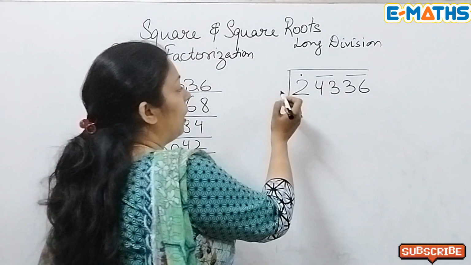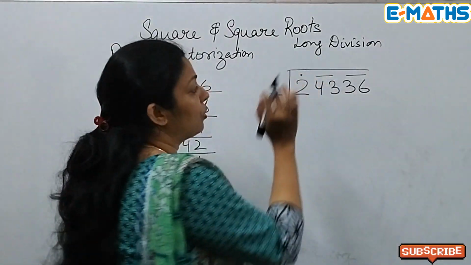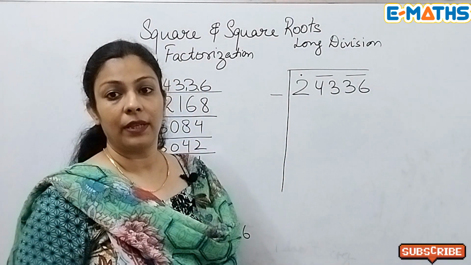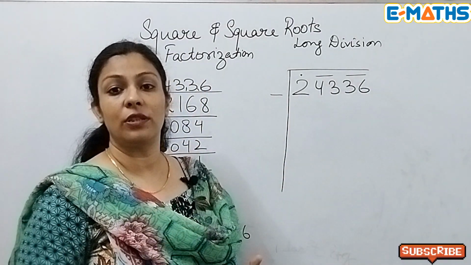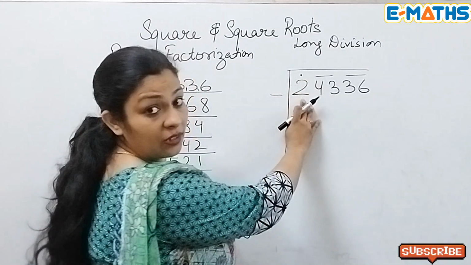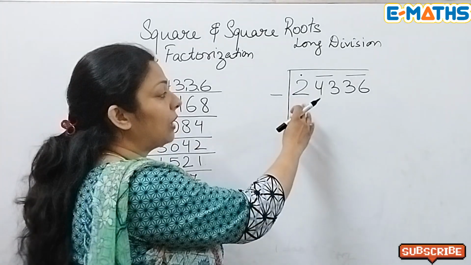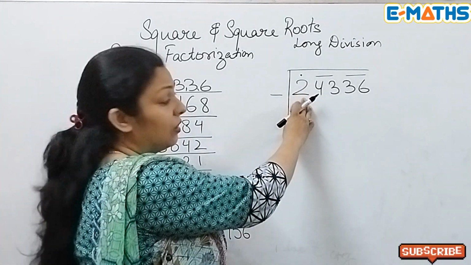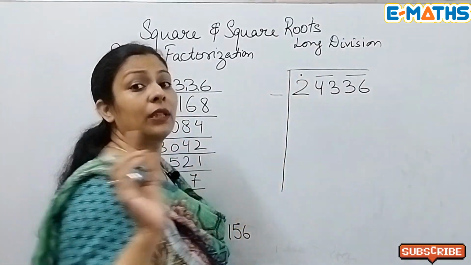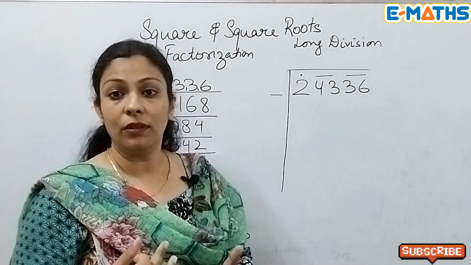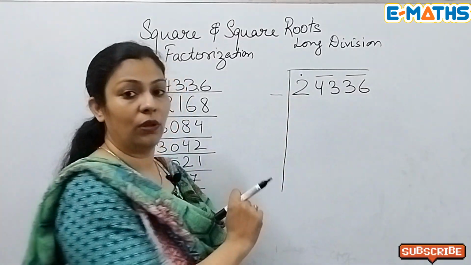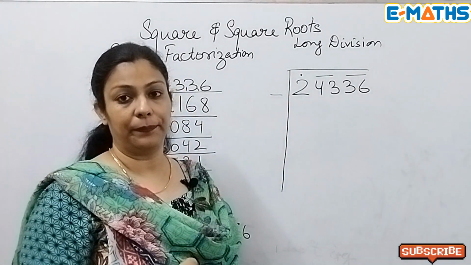Now, since the name is long division method, here we have the dividend but there is no divisor. The divisor you are going to assume. Based on the first number or the pair, here we don't have a pair in the first place because it had an odd number of digits. So still we have a single number here. Now we need to take a number whose square gives us a 2 or a number less than it.